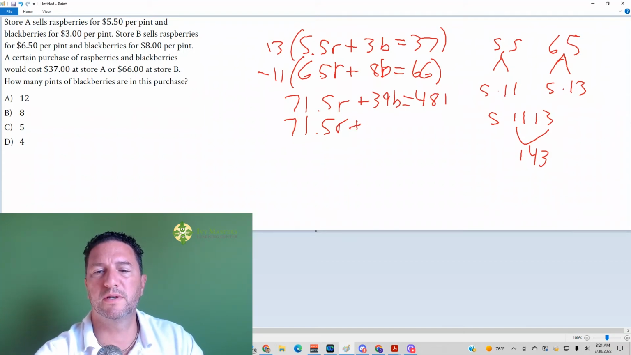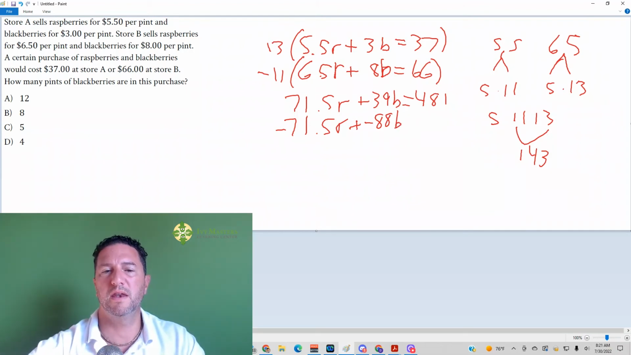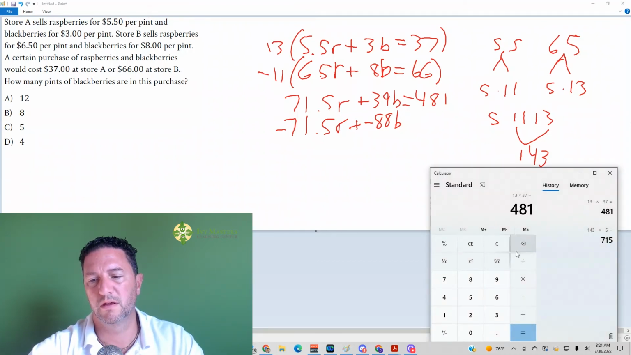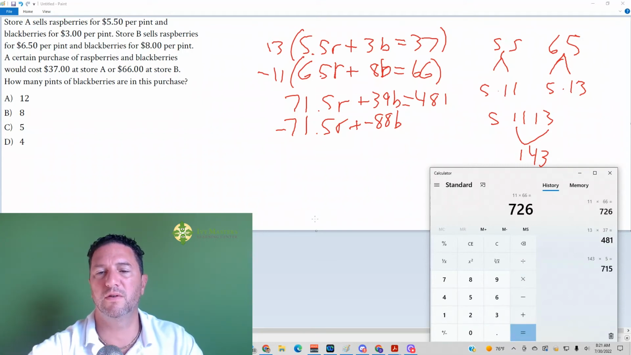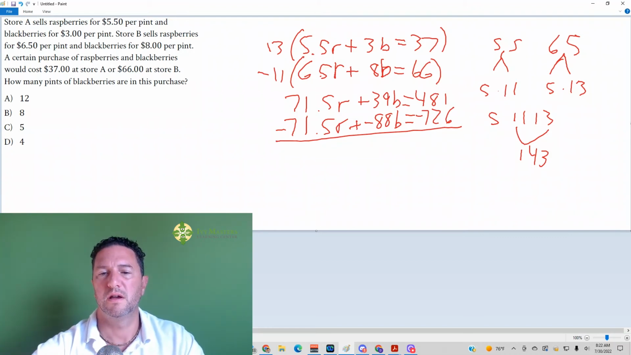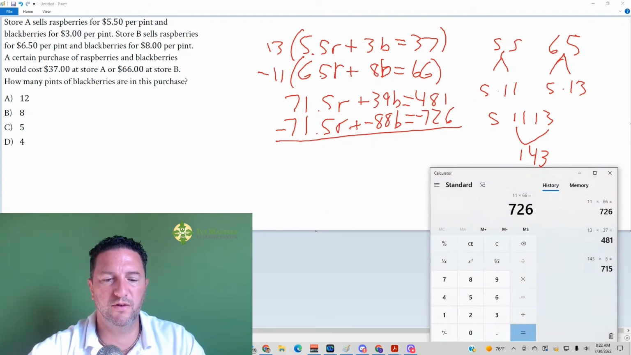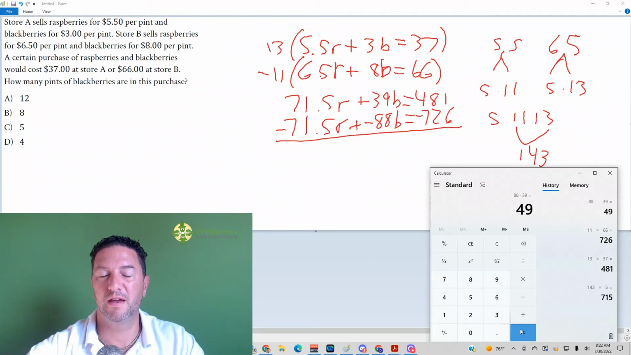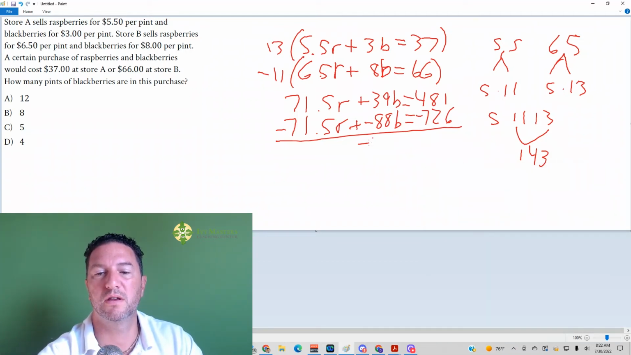Plus, and if we do negative 11 times B, we get negative 88B, and then negative 11 times 66, we'll throw that in the calculator as well. That gives us negative 726. And now when I add it down, I'm just going to use a calculator for this as well. We have 88 minus 39, and we wind up with 49. It's a negative 49B